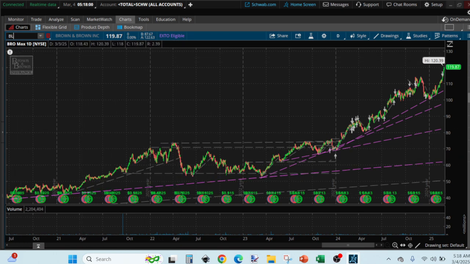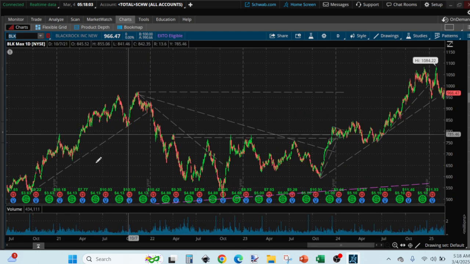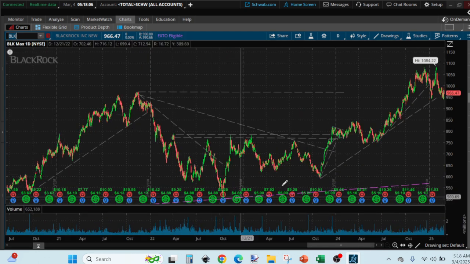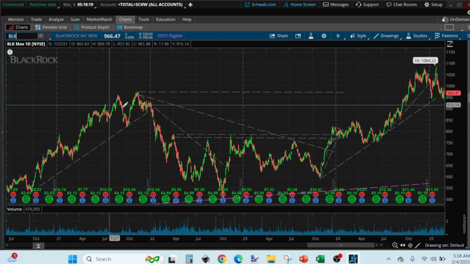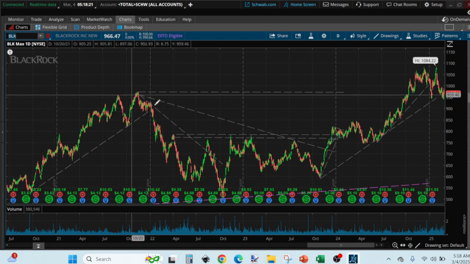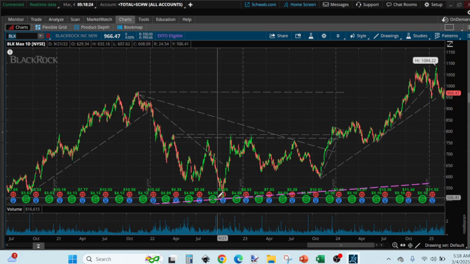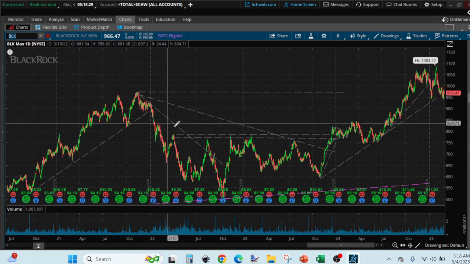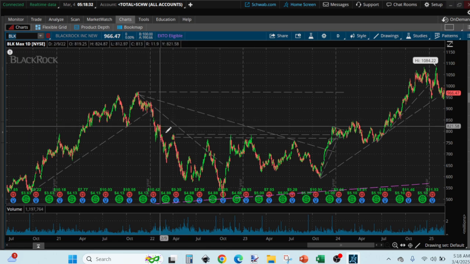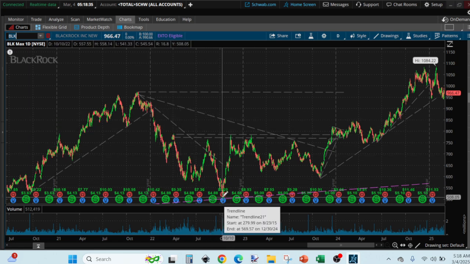If we do BLK, do you see this big bump away from the trend line? If you are investing long term, you will be increasing your money along the trend line slowly but surely. And if you are swing trading at the same time, you will be locking in this bump away from the trend line, and then you lock it in and you get out, and for almost a year that it has been on the downtrend, you can use that money for that time frame to buy another stock to cash